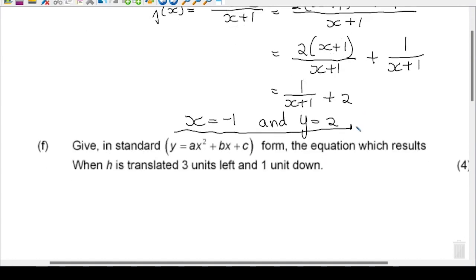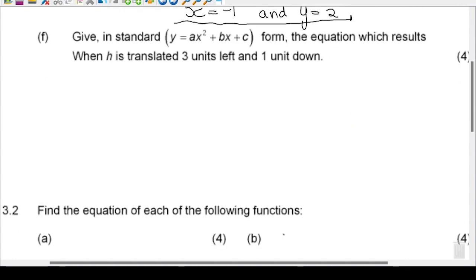The next question says, give in standard form the equation which results when we move that graph 3 units to the left and 1 unit down. Now remember the way in which we're going to move a graph left, we've got our function there, negative x squared plus 3x minus 5. The way in which we're going to move it 3 units to the left is we are going to add 3 to every x value. So in other words, we're going to work out h of (x plus 3),